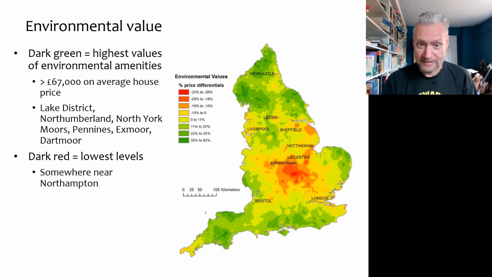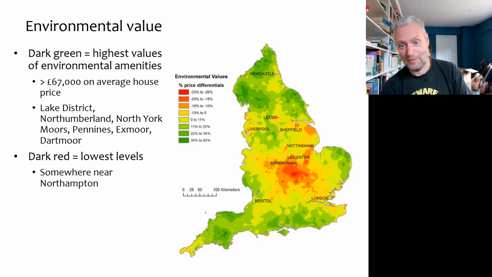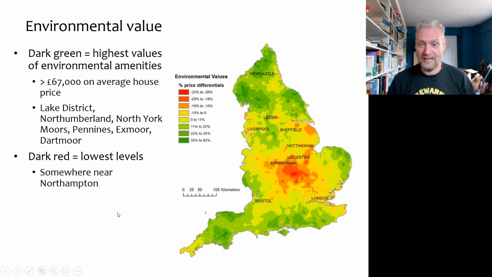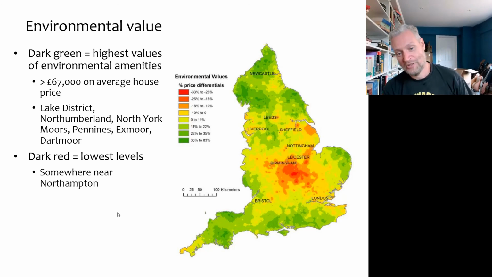And then the red is the areas where people really think that the environment stinks. And the lowest point is somewhere near Northampton. So this can be done, and it gives you an idea, and in this case it is a very sensible result. This is what you would expect the result to be. Qualitatively, the good thing about this method